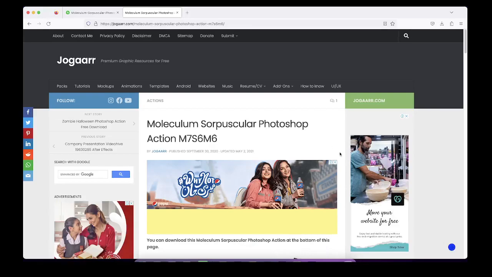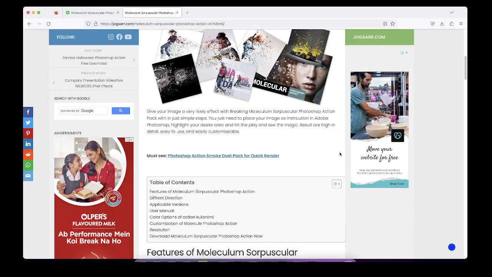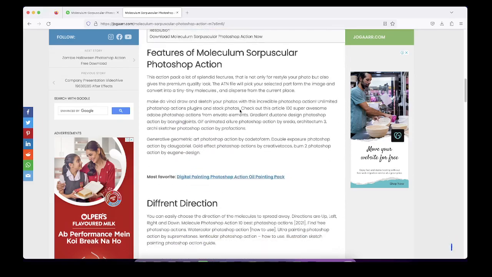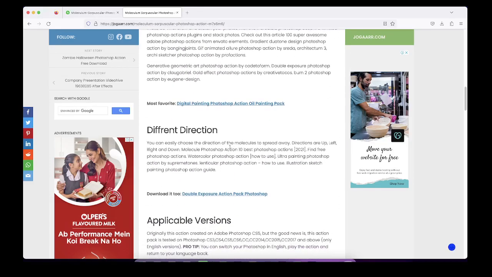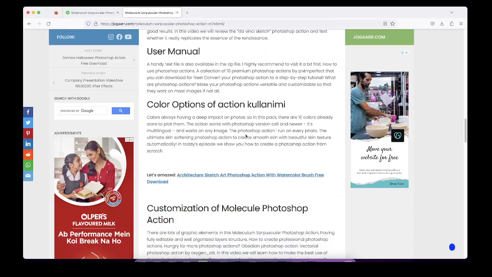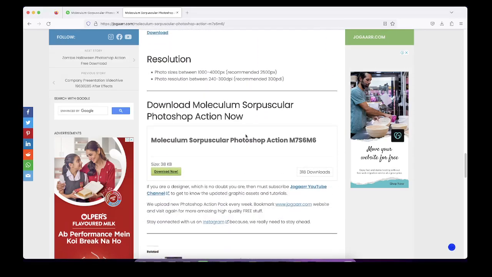This is the article that has more detail about this action, how you can download it and how you can use it. You can also use some other actions too, and at the bottom of this article you can download this action from this button, as already 380 people are actually using this Photoshop action,